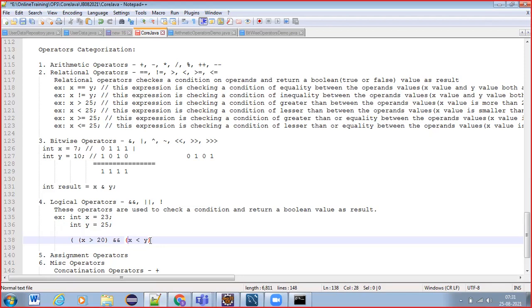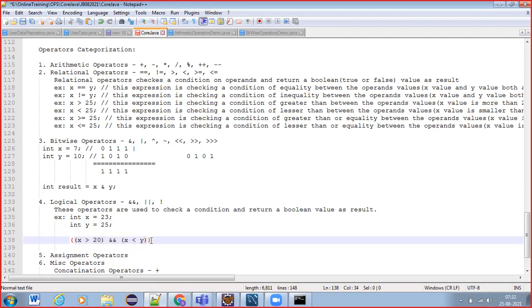So try to write proper parentheses, brackets, just like in mathematics, how you write with clear brackets. You try to write here also in a similar way. It will give you clear readability of your code. Is it clear, guys? Like this we should write.